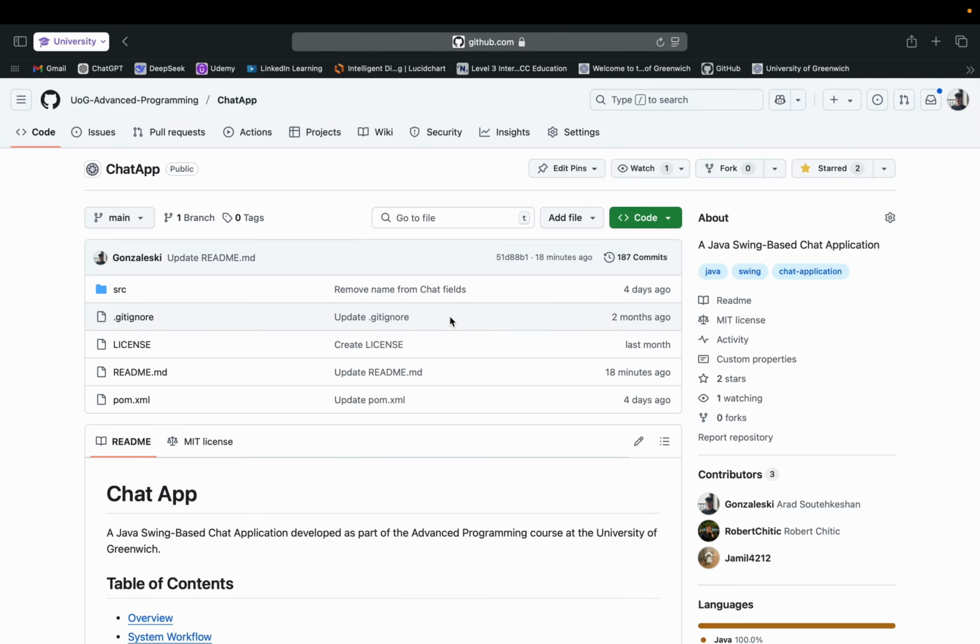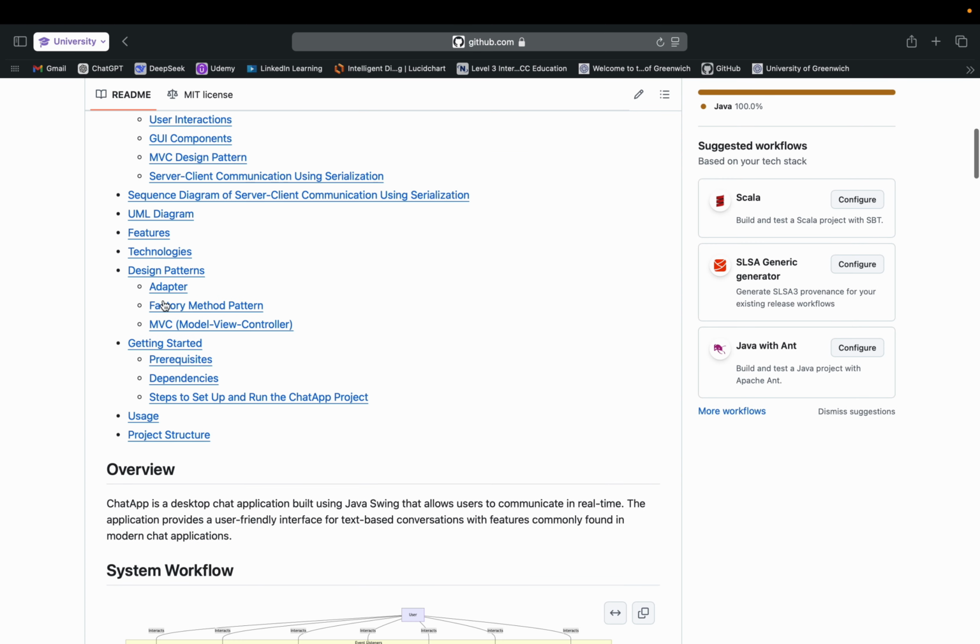Hi, today I'm going to show you how to set up the project, and then we're going to see how it looks and basically how it's used. So first we're going to start off by